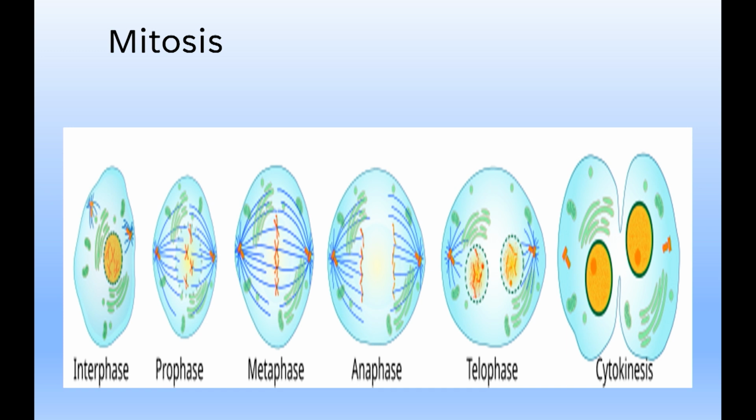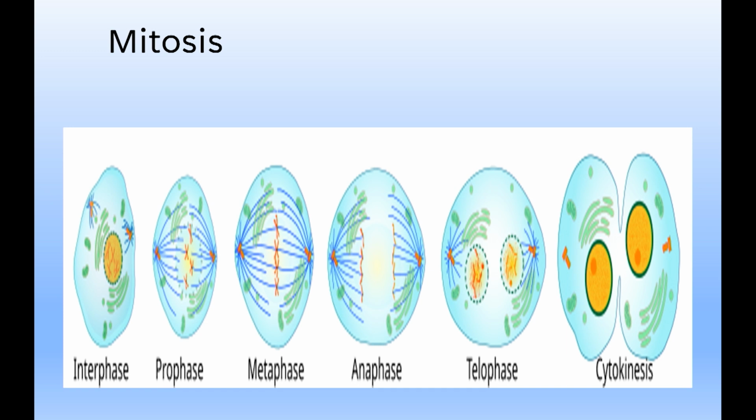But look what happens when we move into prophase. A couple things happen in prophase. One, the nucleus is going to dissolve. So now in prophase, we do not see that yellow circle. The nucleus is dissolved here, okay? And that makes the chromosomes a lot easier to see. You see how the chromosomes now look like that X shape that we're used to seeing them in. Right now they're in the form of chromosomes, but that only happens once we get to prophase. The majority of the cell's life, it's in that form called chromatin.